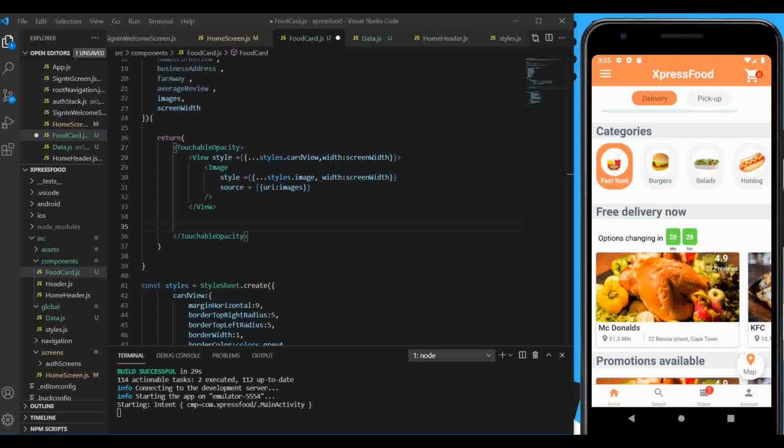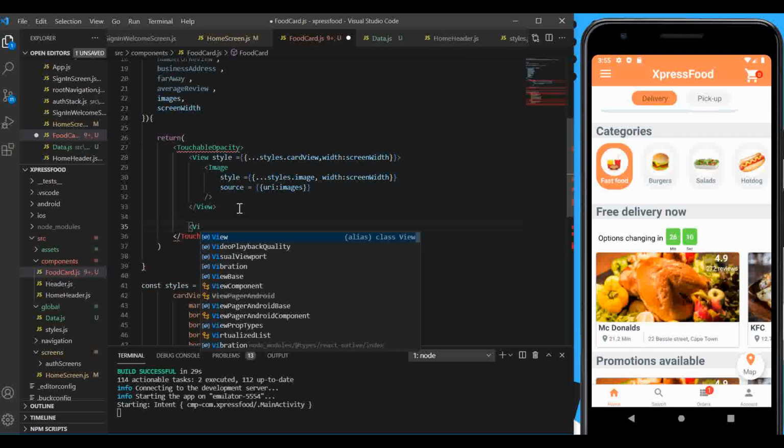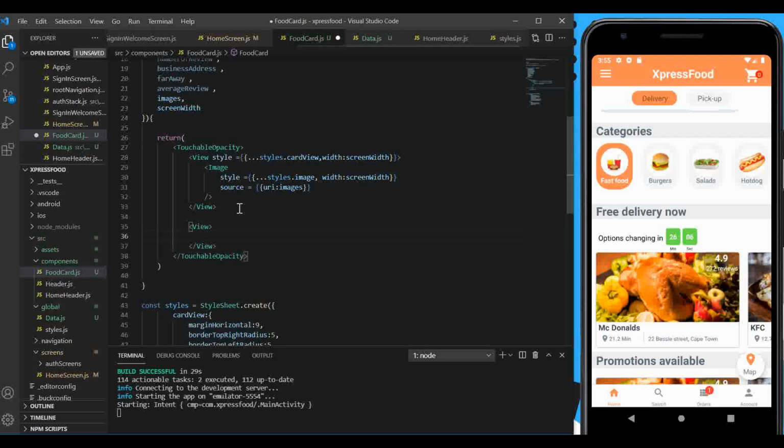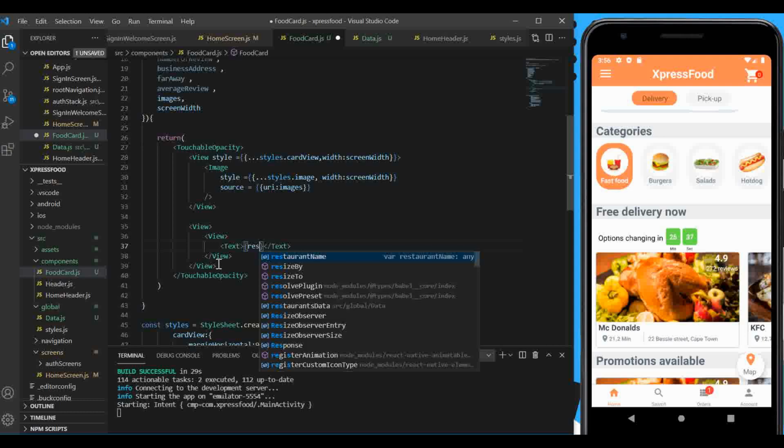We're gonna create the restaurant name, because you can see after the picture we have the restaurant name. So we're gonna open a view, and inside this view we're going to open another view, and then we're gonna pass the text component, and we're gonna dynamically pass the restaurant name. Gonna say restaurant name,